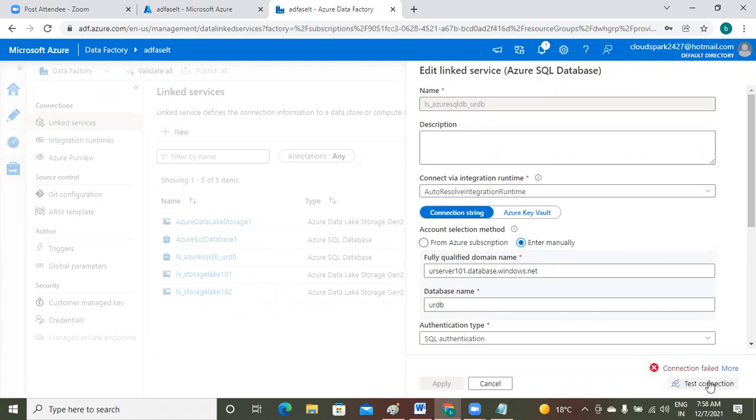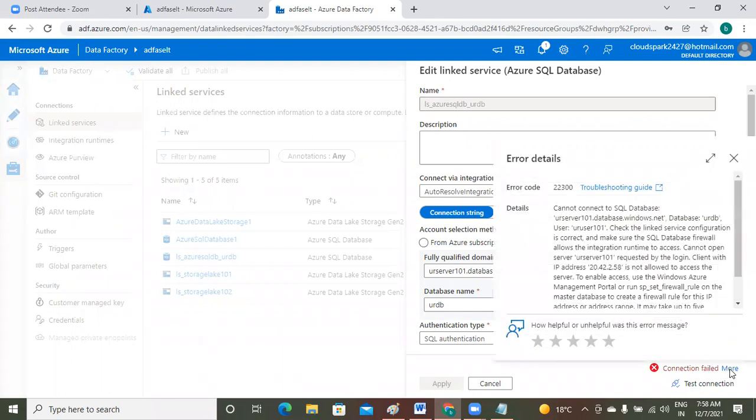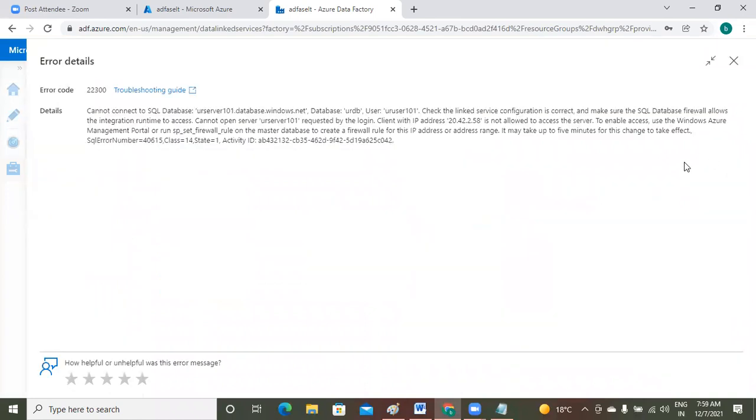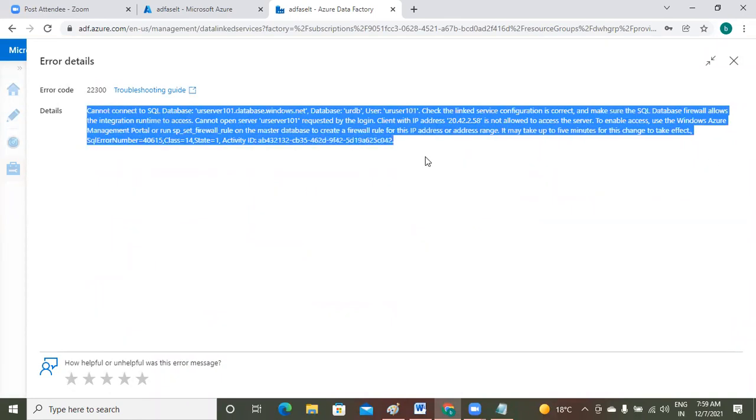Connection failed. Sir, when our connection fails, the reason might not always be the same. Because in the data lake also we got this kind of error message, but the error reason might be different. See, just check the error message, then you can get some clue. I am copying this error message.